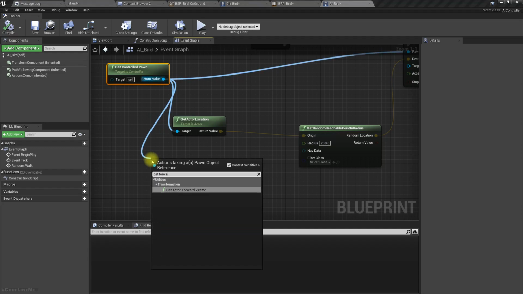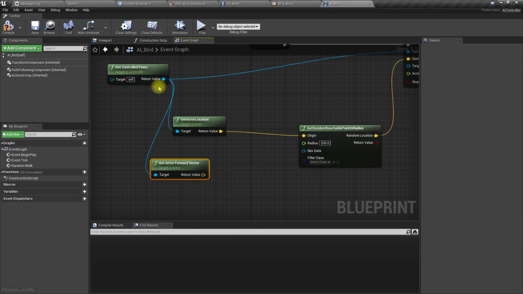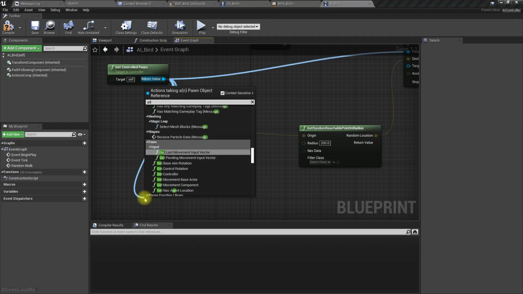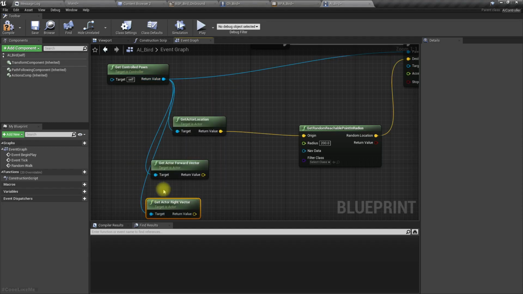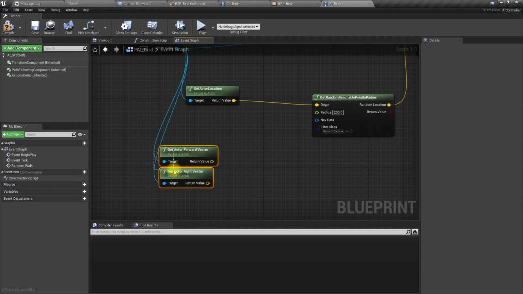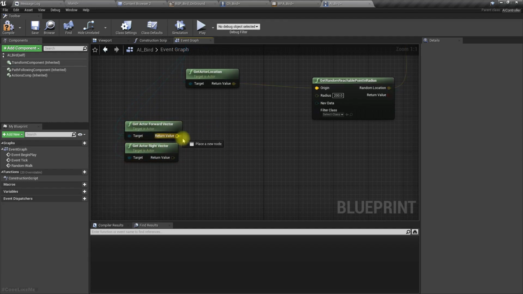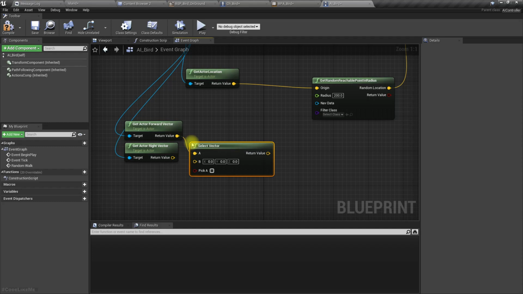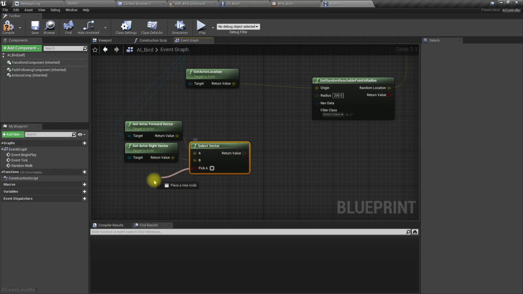Get forward vector, get right vector, and select one of them randomly.